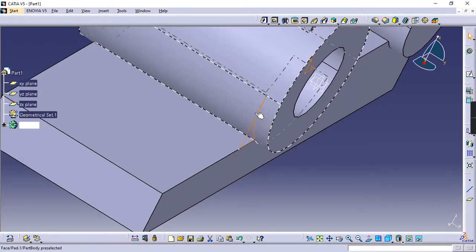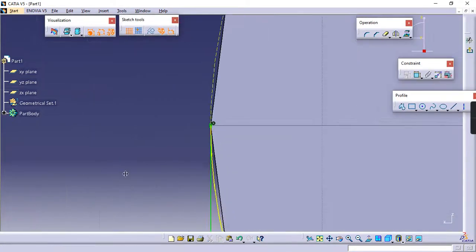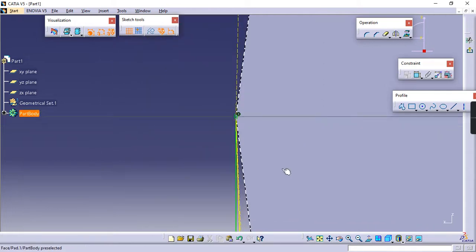So there is a black spot, it indicates it's open. Just zoom it.